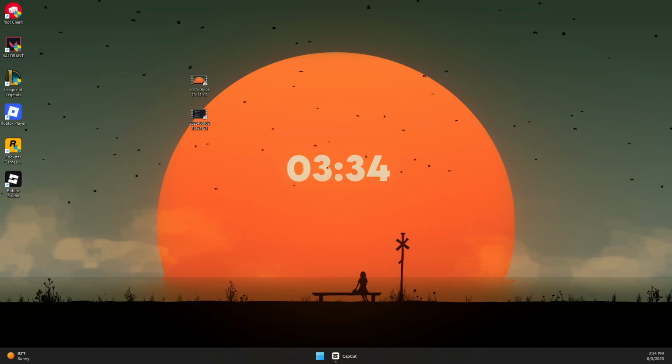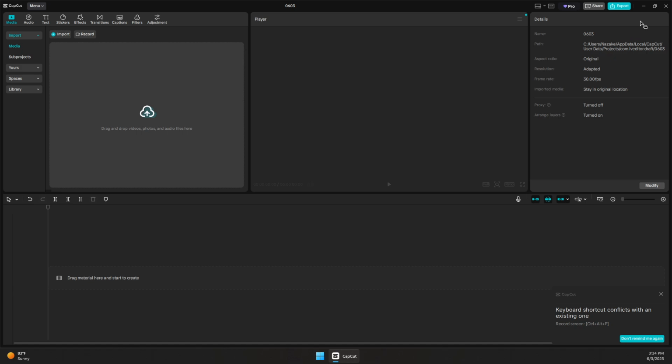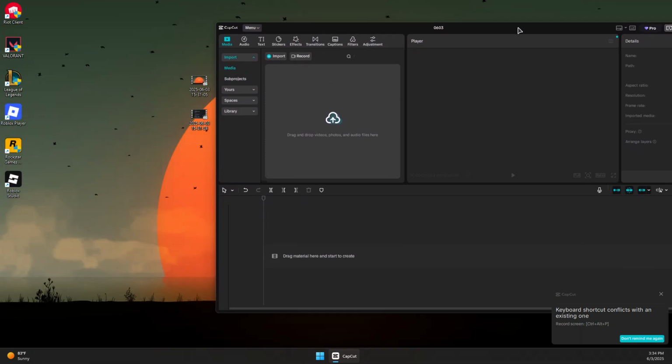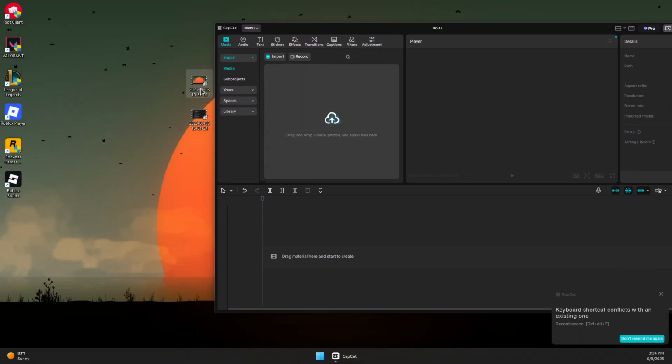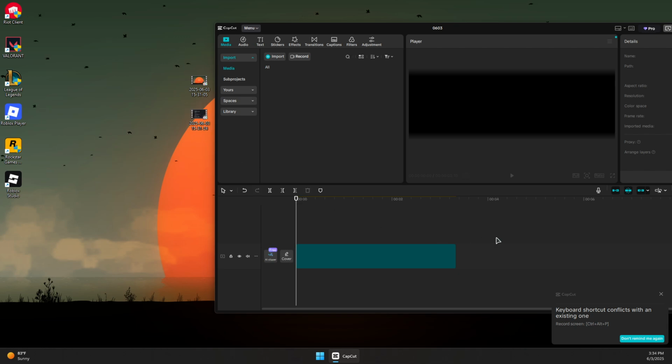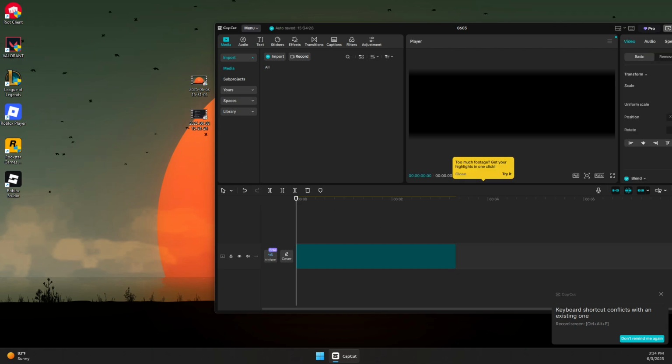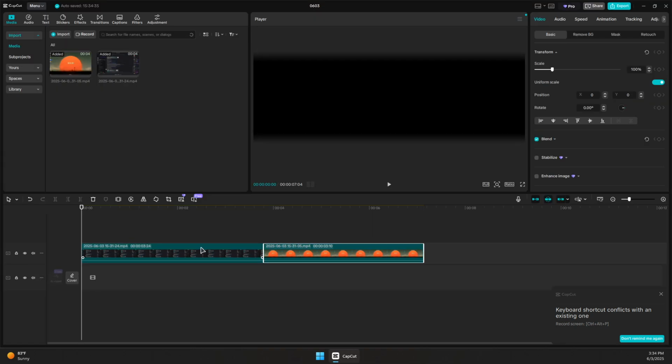So here's how to combine two videos into one in CapCut. First, you want to open the CapCut application, and then you want to import your videos. So for example, these two videos, I'm going to import the first one and the second one. Now, as you can see, there are two separate videos, and I'm going to show you how to combine them